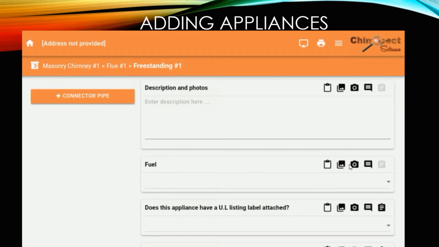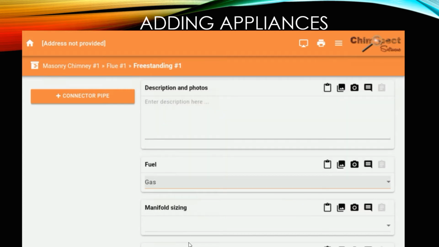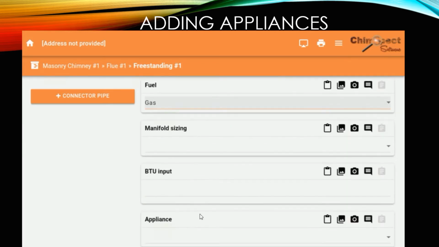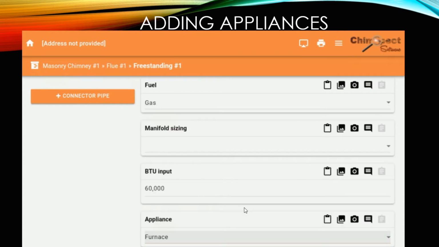Now let's start with the gas furnace. Let's click on fuel. Notice what happens below in the fields right below that. I'm going to click gas, and some things are going to change. I would always recommend that you put the BTU input of the appliance. And I would also recommend that you take a picture of the appliance in the event that the appliance was ever changed out. Let's say that this is the furnace,